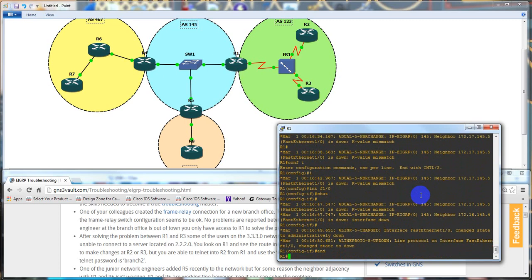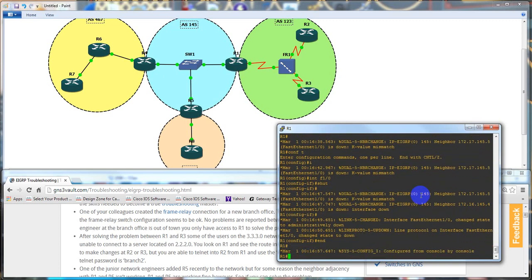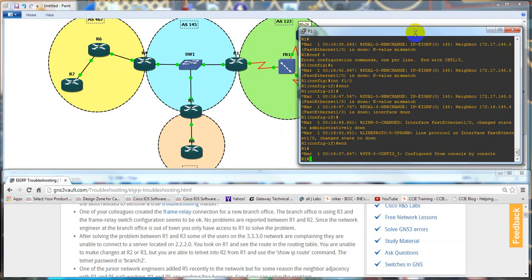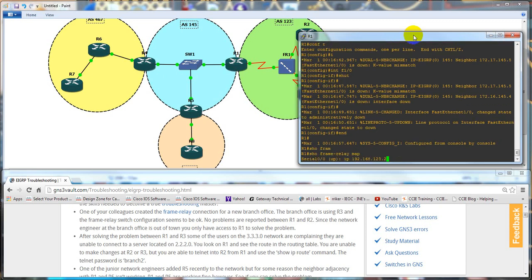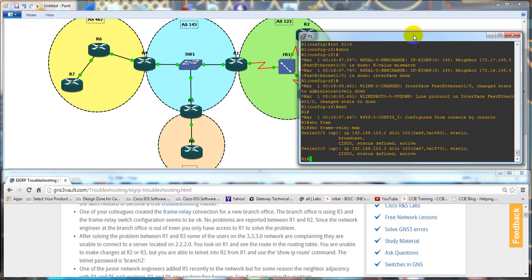It'll actually tell me in a debug what the problem is, but I'll actually debug to the logging buffer. I won't actually debug to the console. So that'll give you, troubleshooting wise, a little more flexibility, so it won't potentially lock you out of your console. So it says frame relay is the issue right now. So let me scroll this down. Excuse me. R1 is the problem, and it's frame relay. So what I'm going to do is a show frame map command, and we have